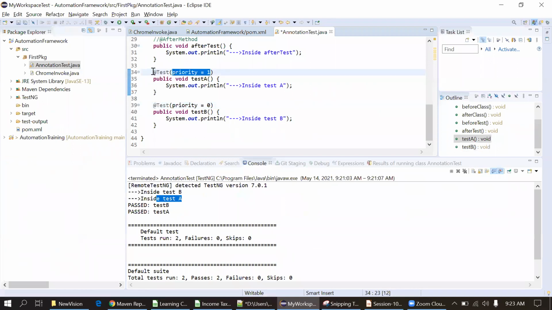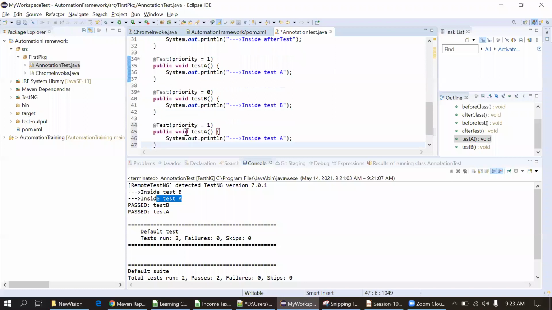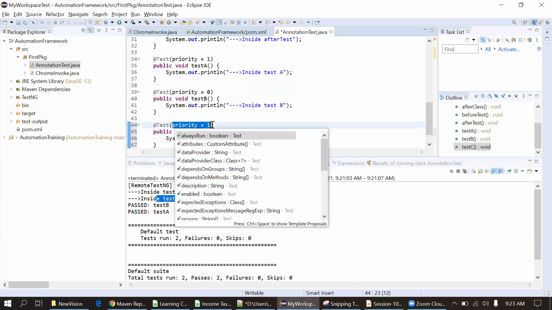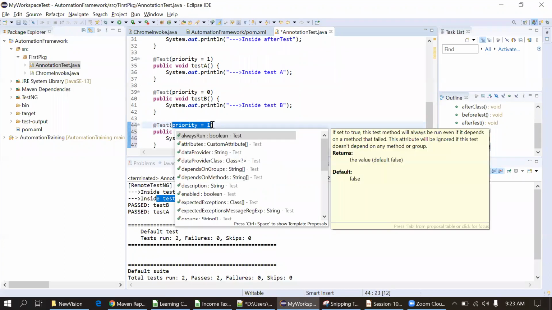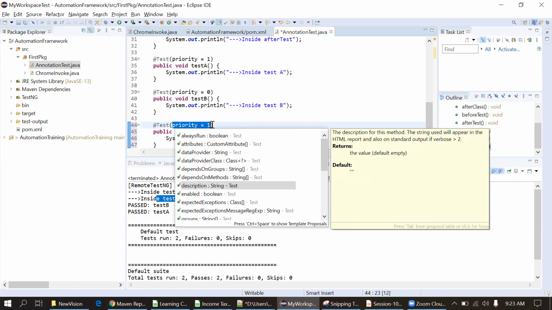we will create one more test case here. I can provide the description. You can see the options here actually. Always run, then data provider, depends on group, depends on method, then description, enabled, then expected exception, that also we are going to cover.